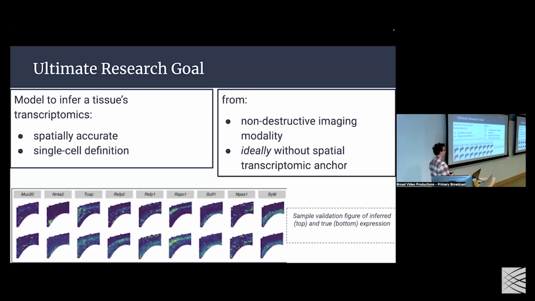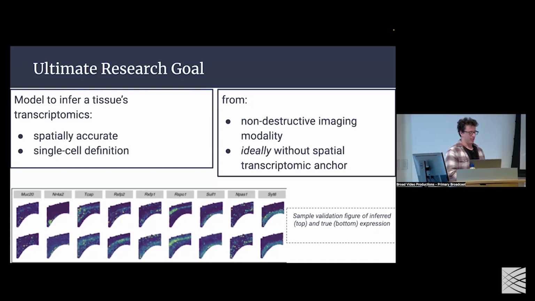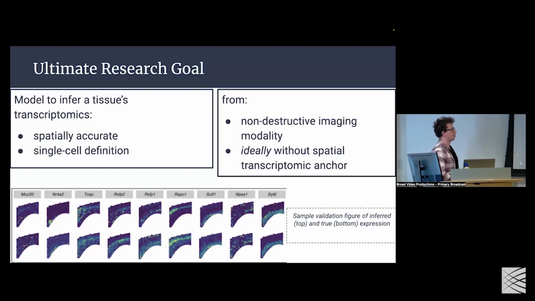But one of the real drawbacks of a lot of the sequencing technologies is that they are inherently destructive. You will have a tissue and you will do sequencing and the tissue is gone. It's very sad. And we'd like to ideally not have that. And ideally, we'd also like to do things without a spatial transcriptomic answer. This is a little bit more of a wish list type thing,